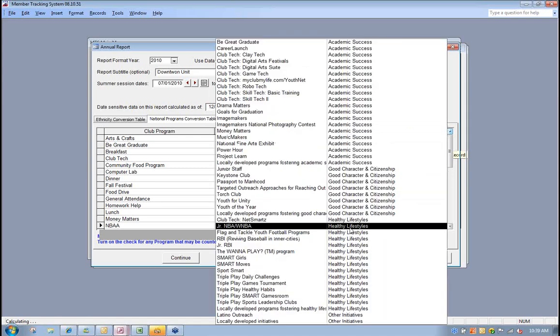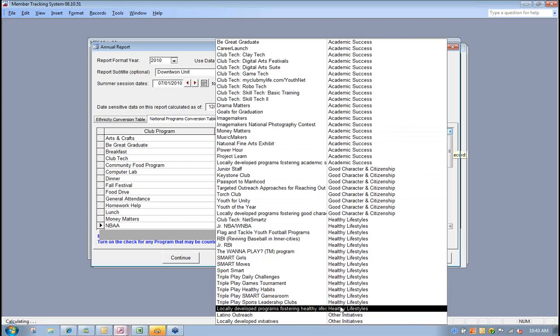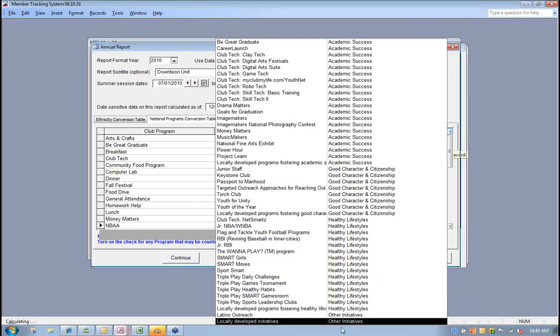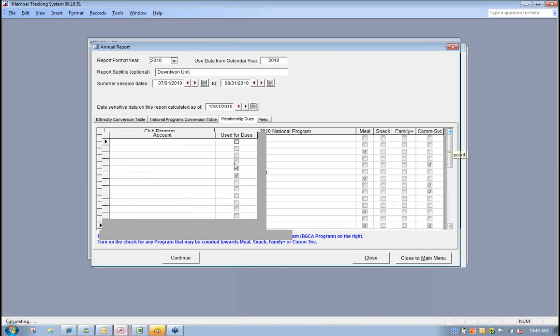Also on the drop-down in the middle, at the bottom, there is also locally developed programming for fostering healthy lifestyles, Latino outreach, and also locally developed initiatives. So if any of your programs on the left fall in any one of these categories, be sure to select those in the middle as well. All right, once all your programs are matched up,